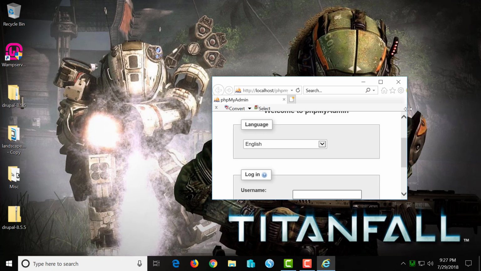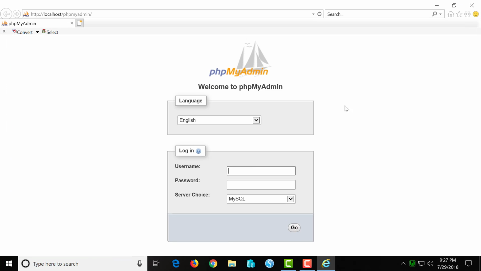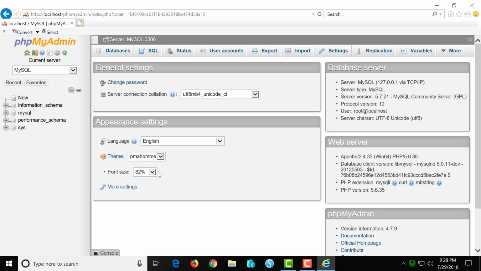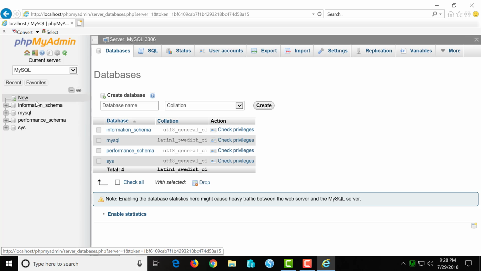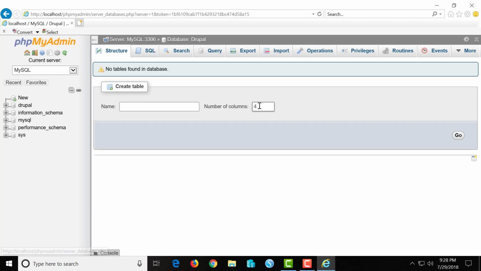Now, what we're going to do is open up the WAMP program, and we're going to create a username under phpMyAdmin, and the username is root. We're going to leave the password blank, and we need to create a new database for this Drupal installation. And here we're going to create database, and we're just going to name it Drupal. Keep it simple. Going to select create